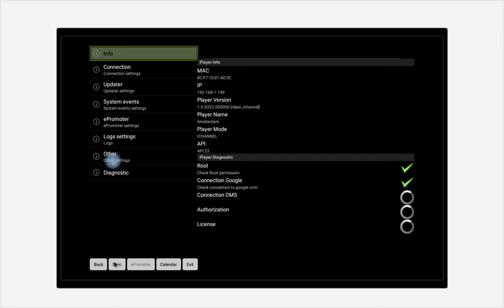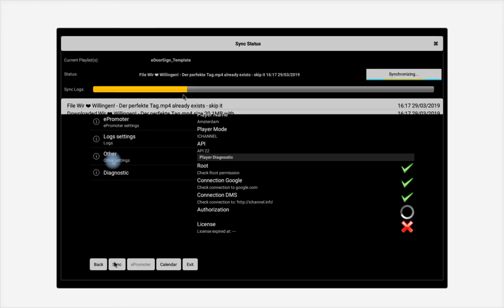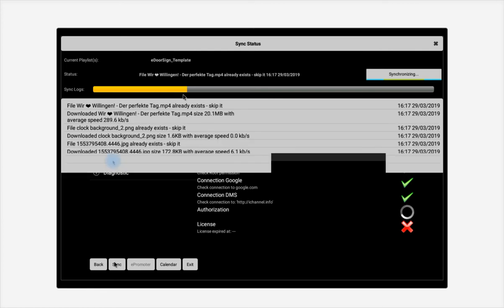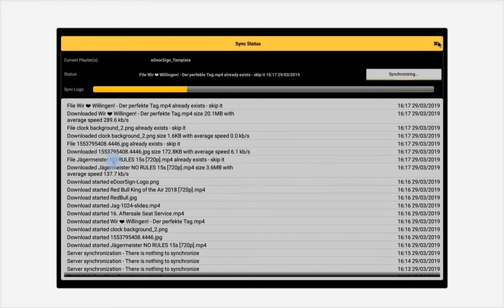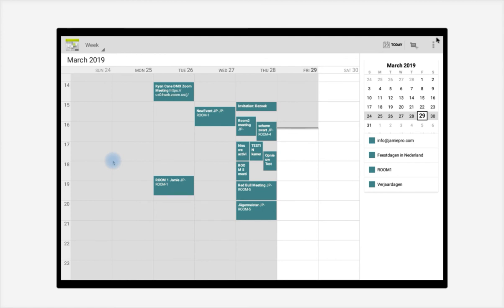It's still syncing the new presentation, and I go to calendar and let me check the Friday. It has not synced yet,